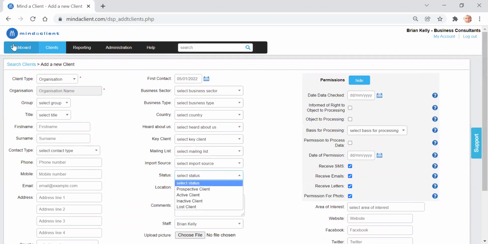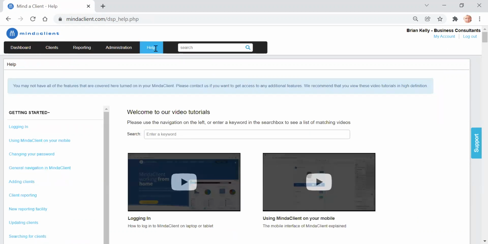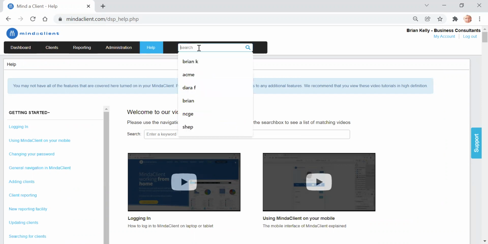On the navigation bar, you've got the help section, which has around 80 short video clips on how to use MindaClient. You've got the administration section for setting up drop-down lists, etc. You've got the